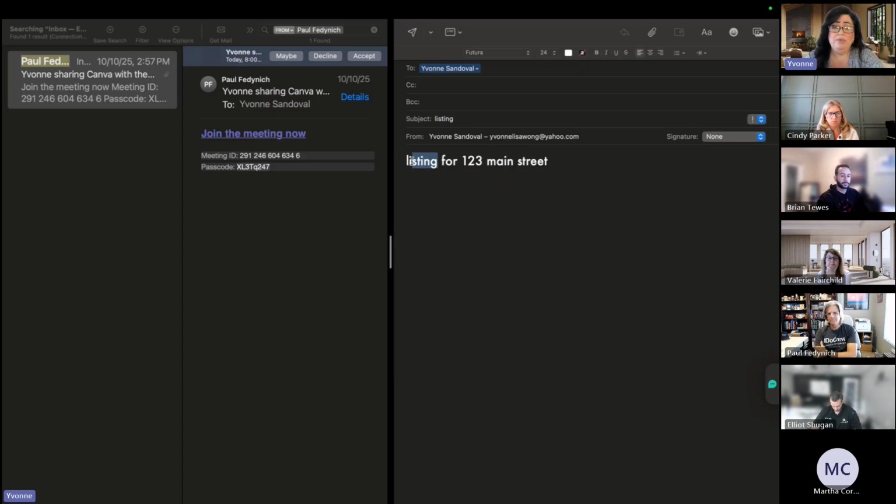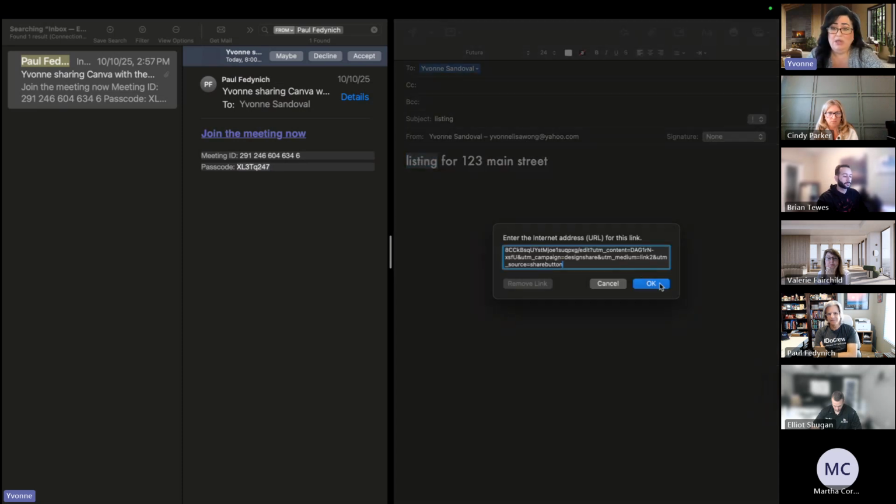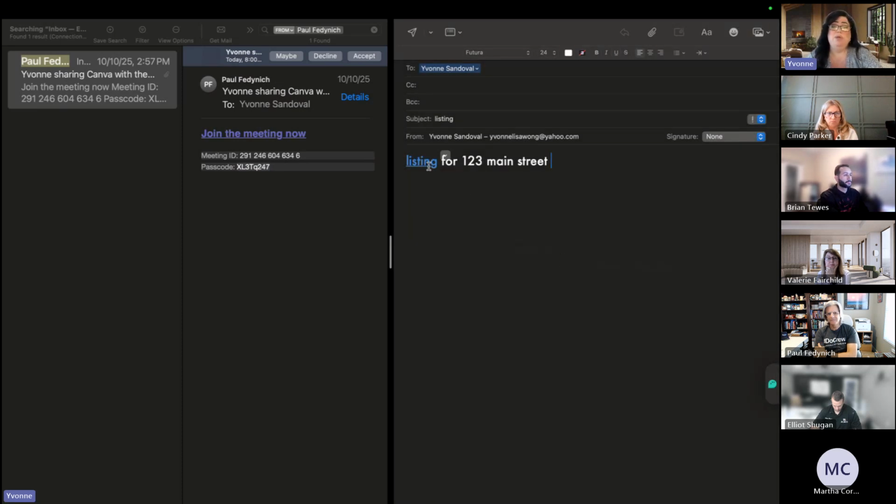And then right here is where you put the link. Add link. Stick it in here, and now all they see is this blue thing. They don't need to see the whole URL.